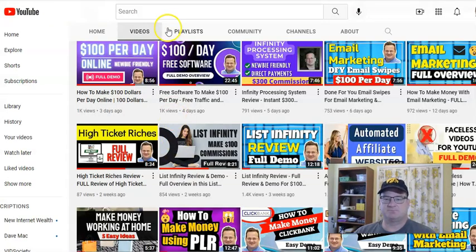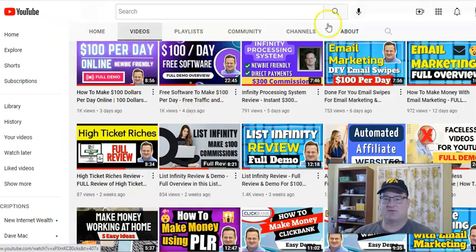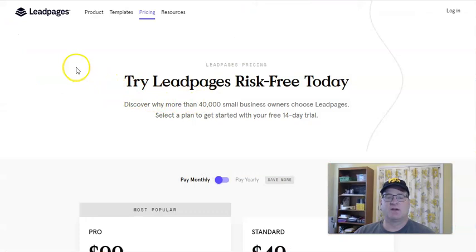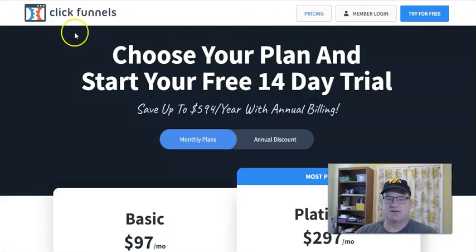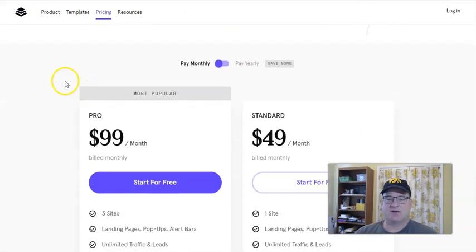So let's go back, and I want to talk about that opt-in page, right? Because that's where people are going to enter your funnel, and so you have to have an email opt-in page. And this is where a lot of times people get thrown off because they're not sure how to do that. And there's different services out there that a lot of times people are familiar with, like Leadpages and ClickFunnels. And these are good services to build opt-in pages. However, they also can be quite expensive.